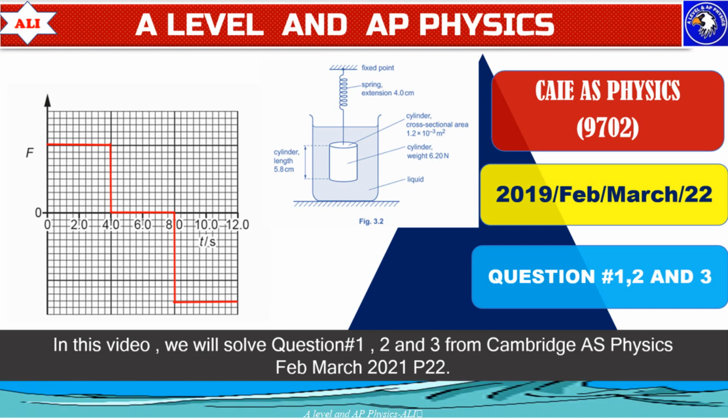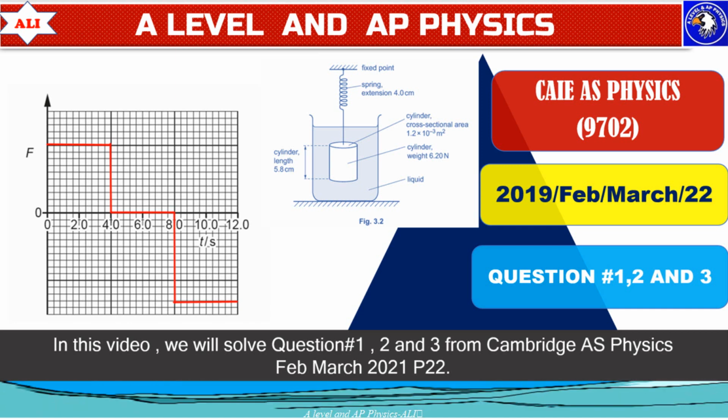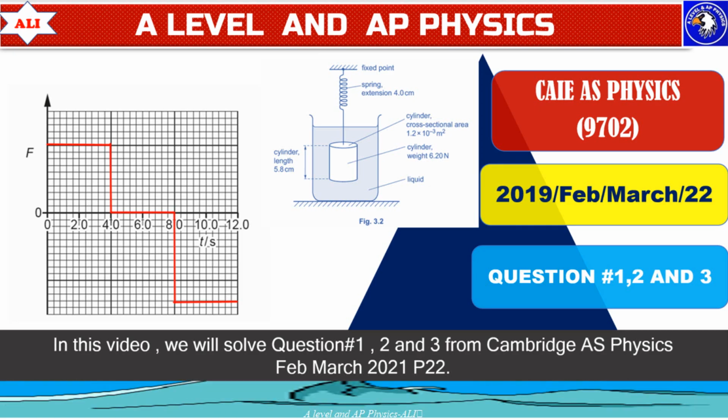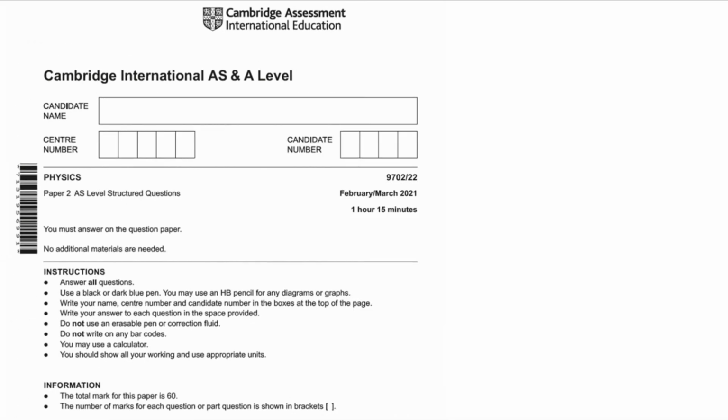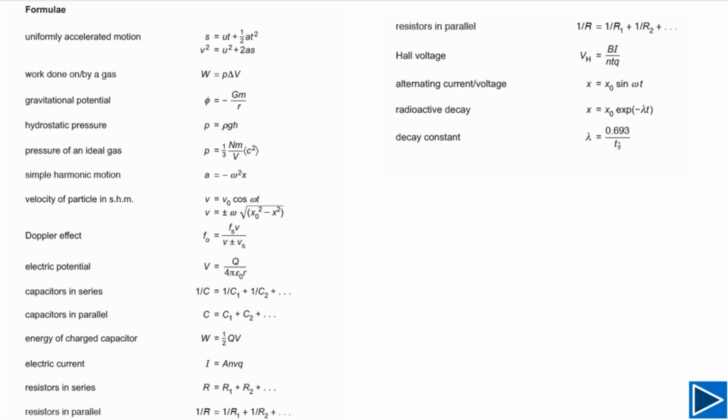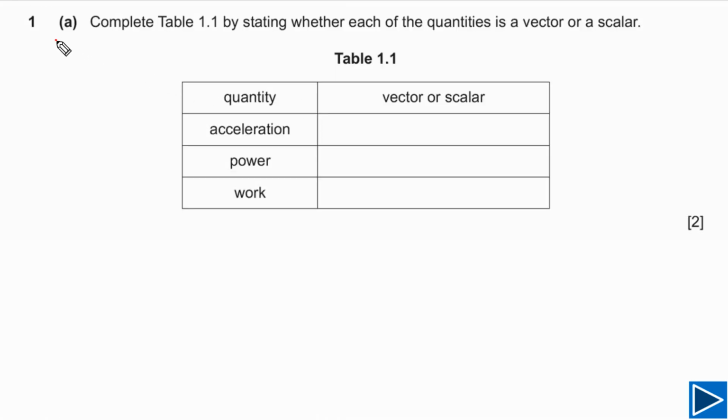In today's lesson, we will discuss question 1, 2 and 3 from March 2021, paper 2. Part A is simply asking us to complete table 1.1 by writing vector or scalar in front of these given